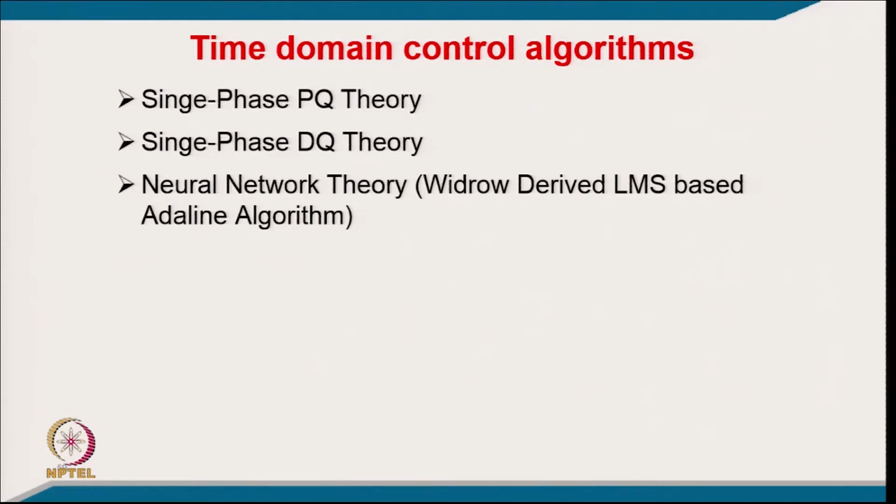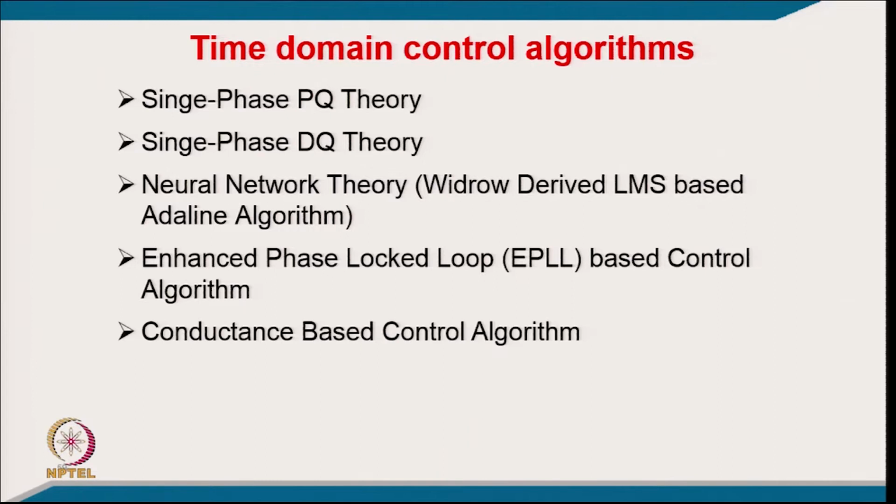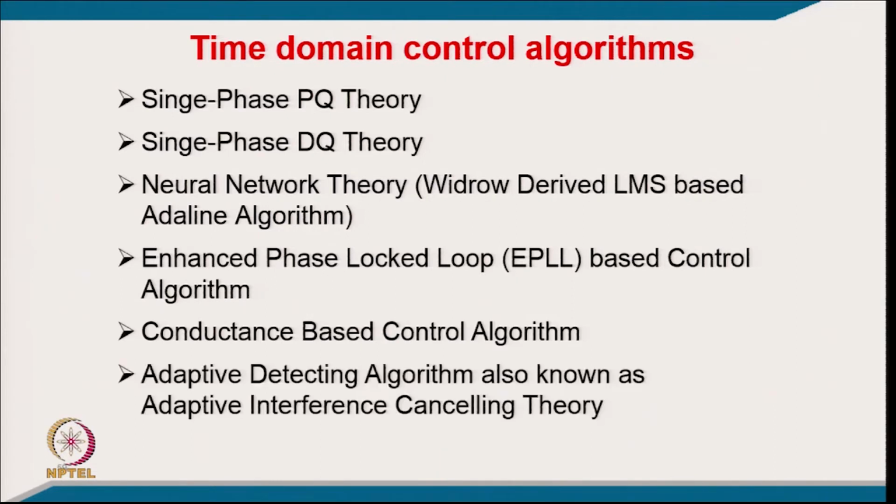The simplest one is the Widrow derived least mean square based error algorithm, and enhanced PLL based control algorithm, and conductance based control algorithm, then adaptive detecting algorithm, also known as adaptive interference cancelling algorithm, and many more. So, there are plenty of algorithms which are reported for this shunt active power filter, and there is another type